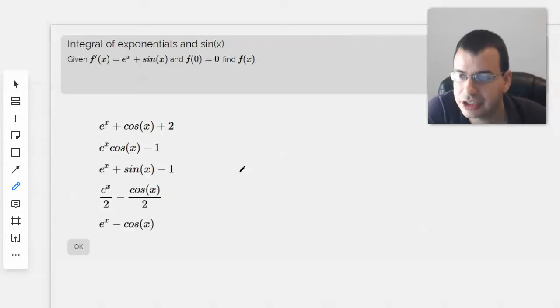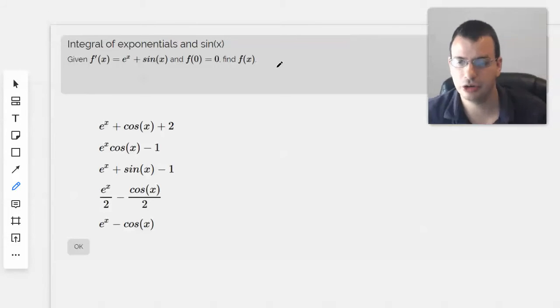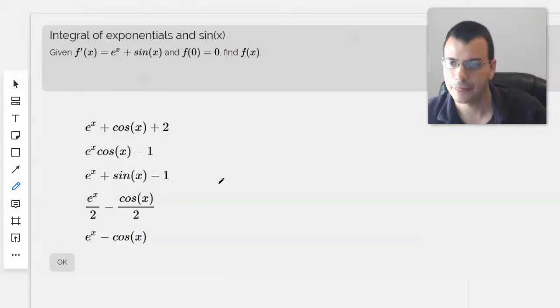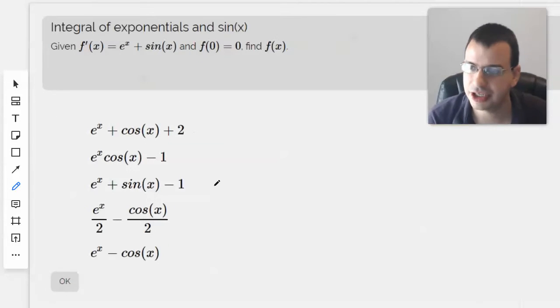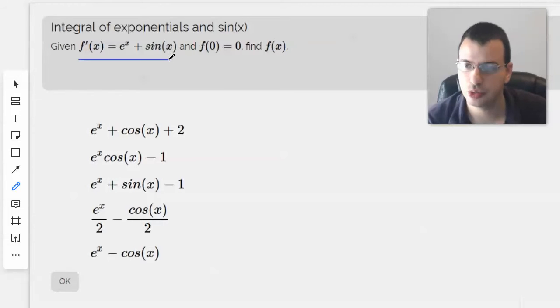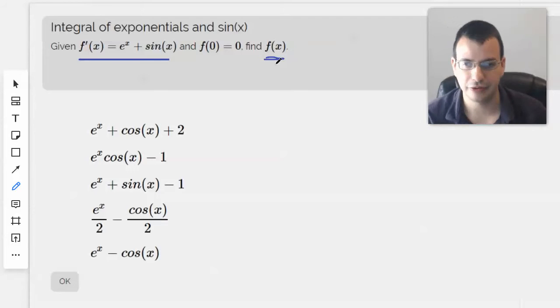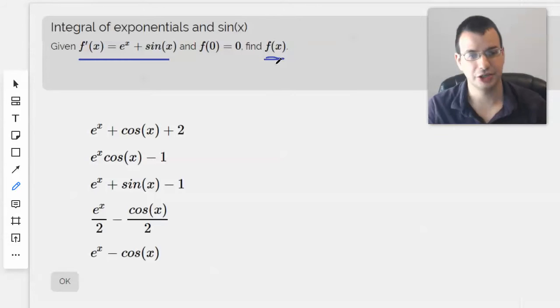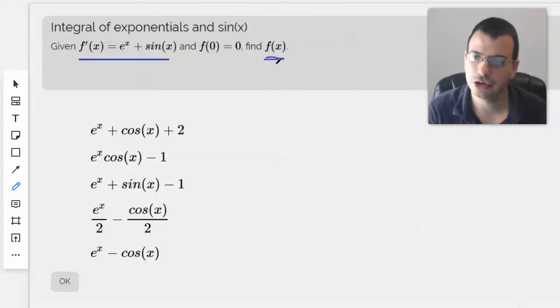Given f prime of x equals e to the x plus sine of x, and f of 0 equals 0, find f of x. Okay, so this is an integration problem. And it's an integration problem because we're given a derivative and we're asked to find what the original equation is. So we're going to integrate the derivative, or use the antiderivative, or find the primitive, if you will, to f